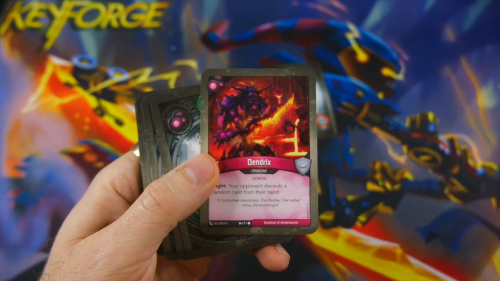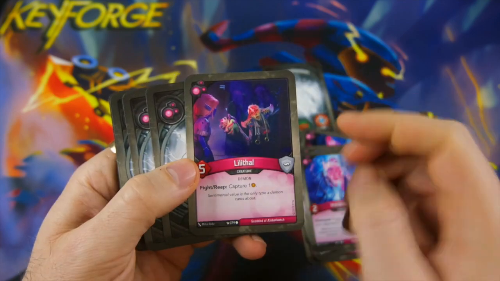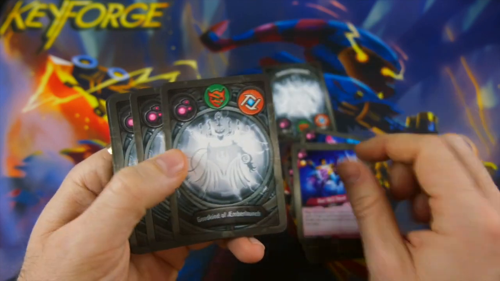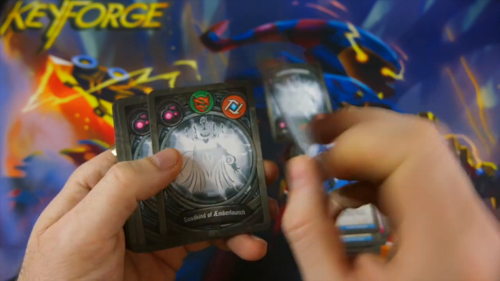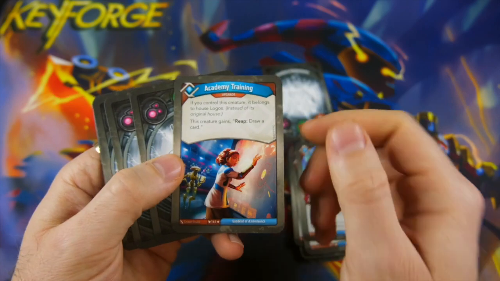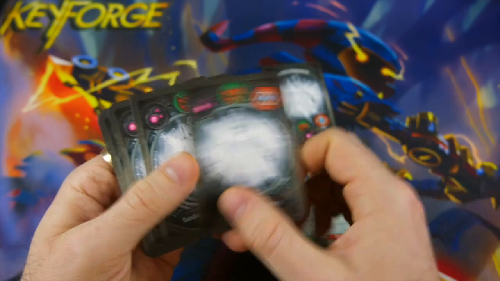So we got Dis with Draining Touch, Exhume, Festering Touch, Inspector Lilithal, Misery Exploit, Rot Grub, the Evil Eye, Bornet's Touch, another Bornet's Touch, Obsidian Forge, and then on to Logos with the Babbling Bibliophile, Cutthroat Research, Hapsis, Sanitation Engineer, Thorium Plasmate times two, Titan Guardian, Jargoggle, Academy Training, Knowledge is Power, Neutron Shark, very nice, Replicator, and then on to Untamed with a Cauldron Boil,